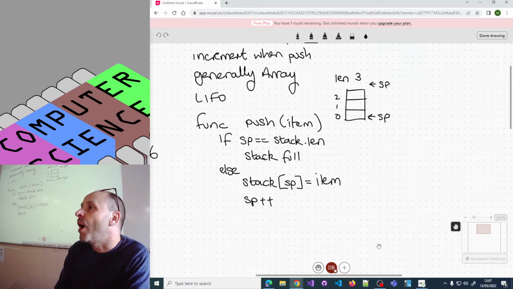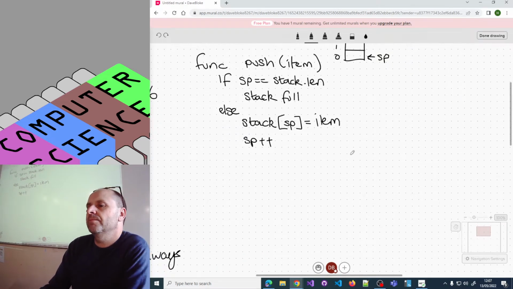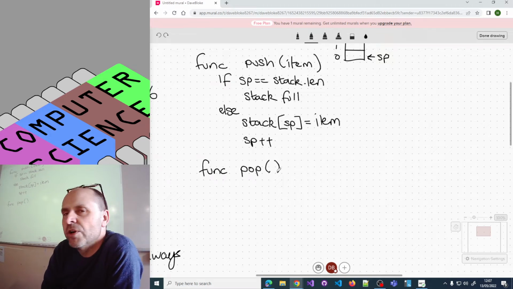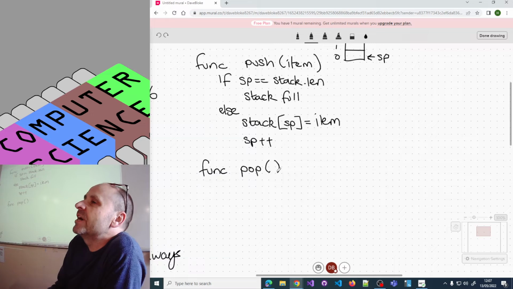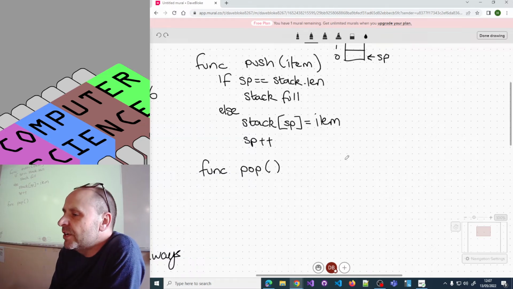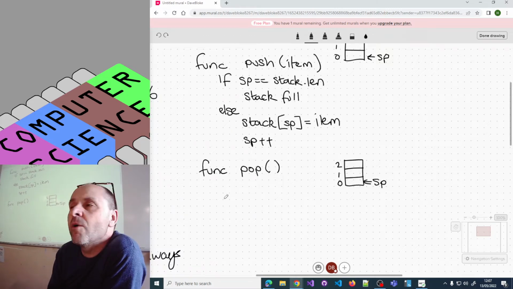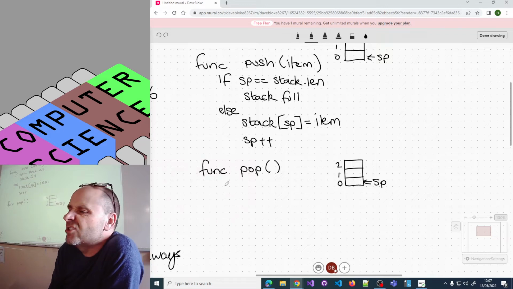Right, okay, so let's go for pop. Right, pop doesn't require any data, so there's no parameter. We're just going to return whatever's on top of the stack. But we've got to check to see if the stack's empty. So the condition for the stack being empty is the stack pointer is going to be pointing at the bottom location, which is 0. So we can check for 0, which is nice. Lots of ways of checking for 0 when you start implementing these things, but let's just do an if. So if stack pointer